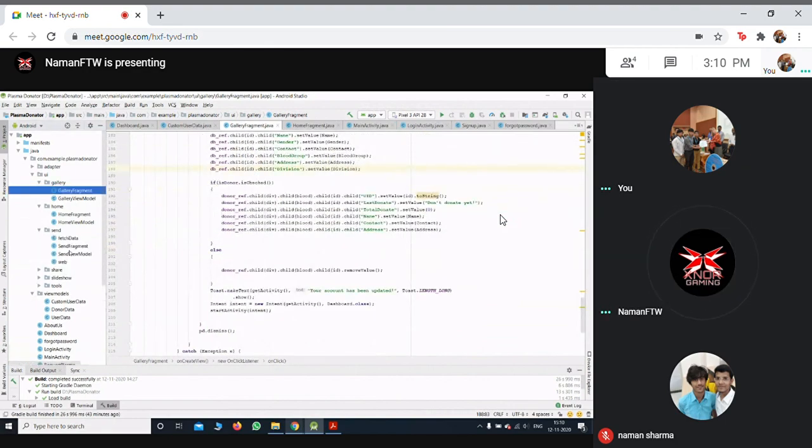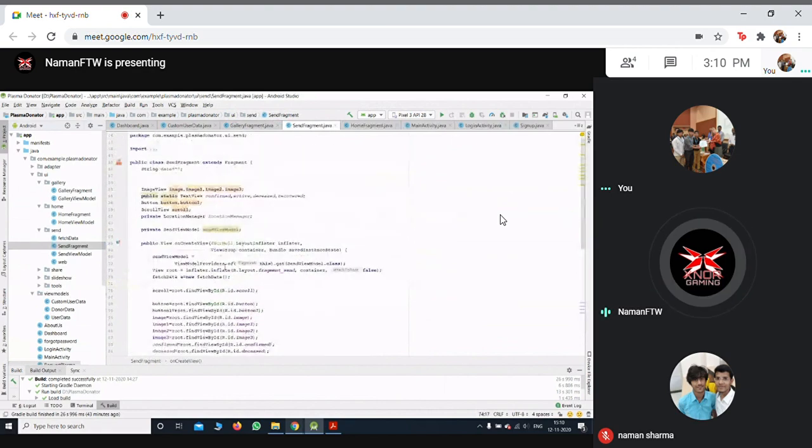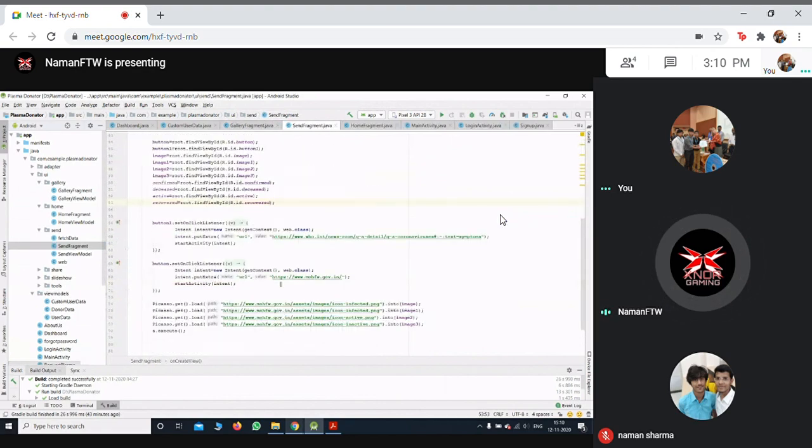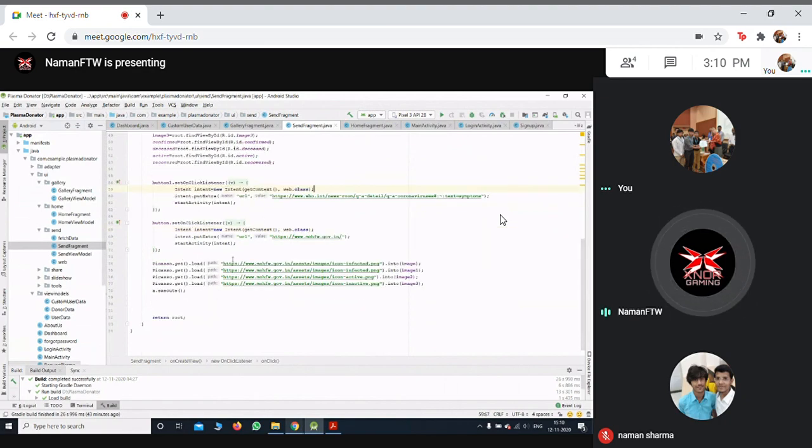So this is the COVID-19 fragment. Here are all the different initializations we have done. This is the intent when the user clicks. So it is directed to a web class, which is a web view, and we have used a Picasso library in this.